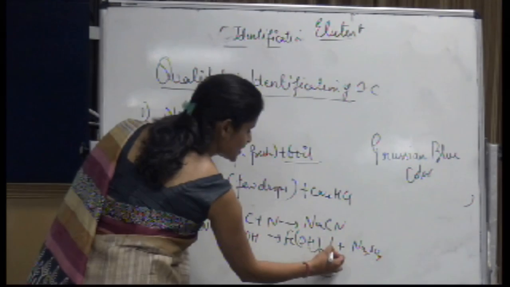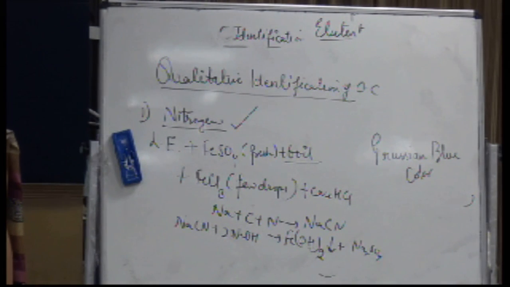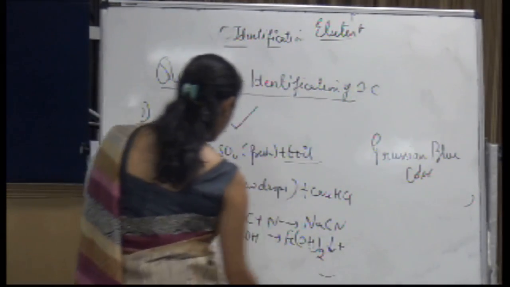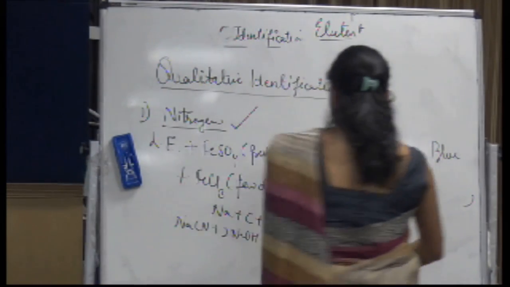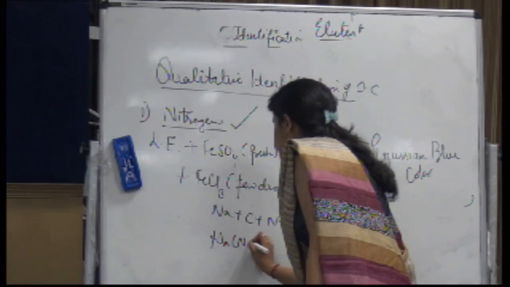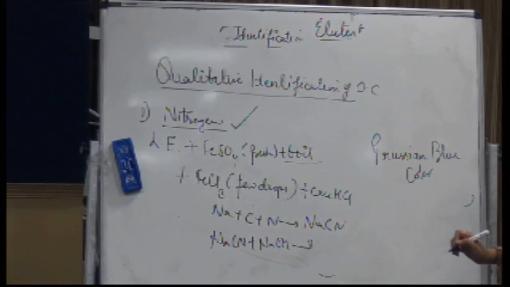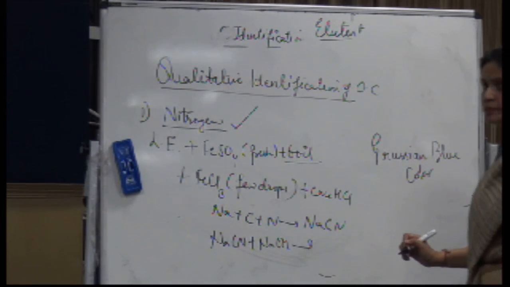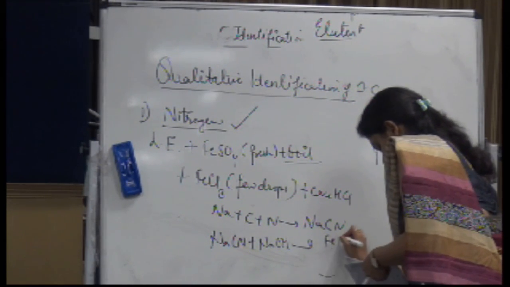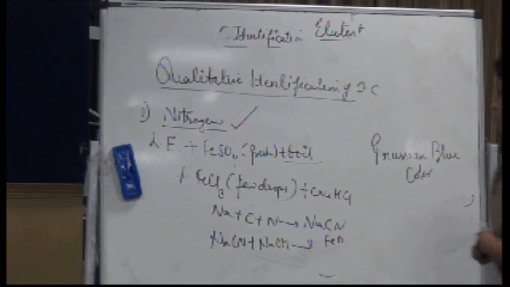Whenever you put this down sign, that means it is a precipitate. Sorry, I have written the wrong reaction. Take NaCN and NaOH. What would be the possible products? HCN, FeOH2, but